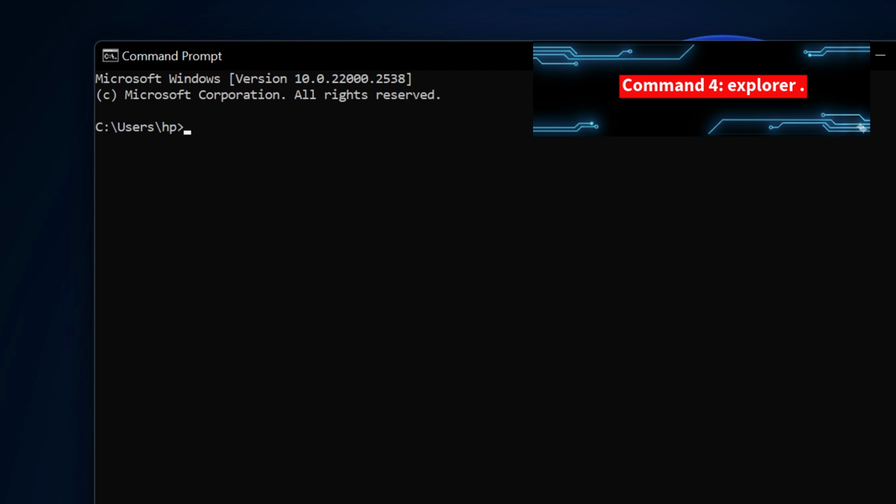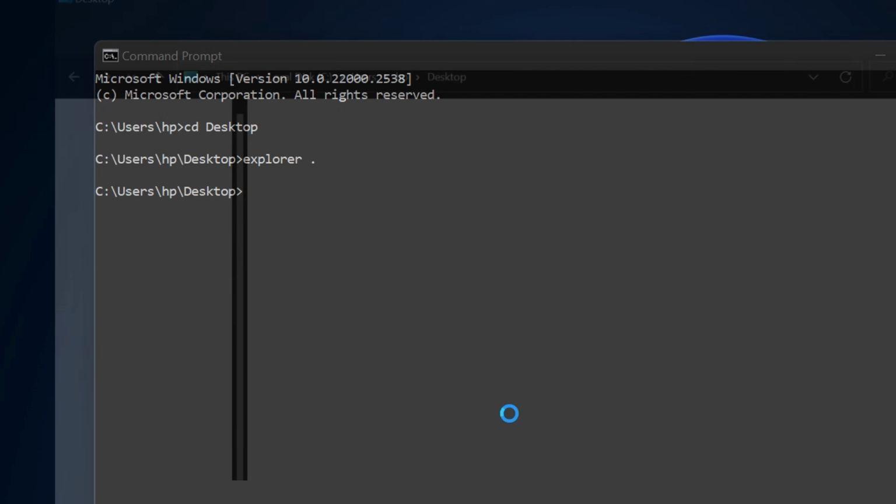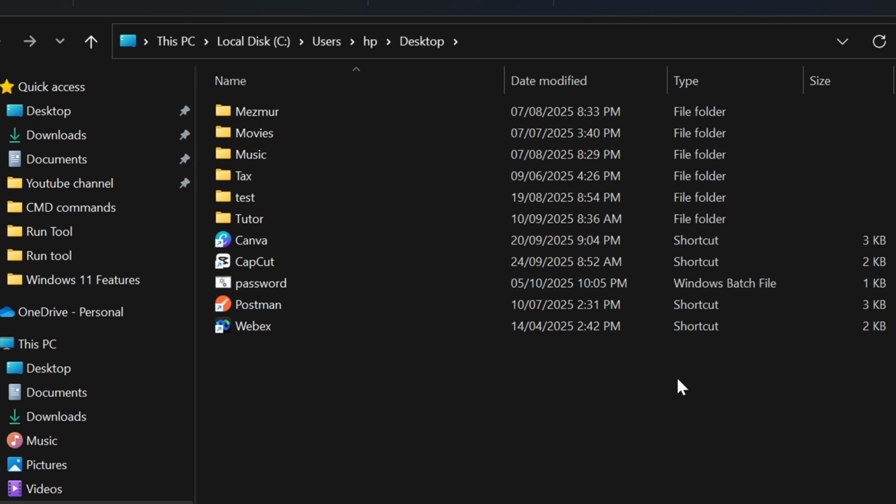If you want to open File Explorer directly from CMD, just go to the directory. Let's go to Desktop. Then type explorer, space, dot. Then enter. This will open the folder you are currently in, which is super useful when managing files through the